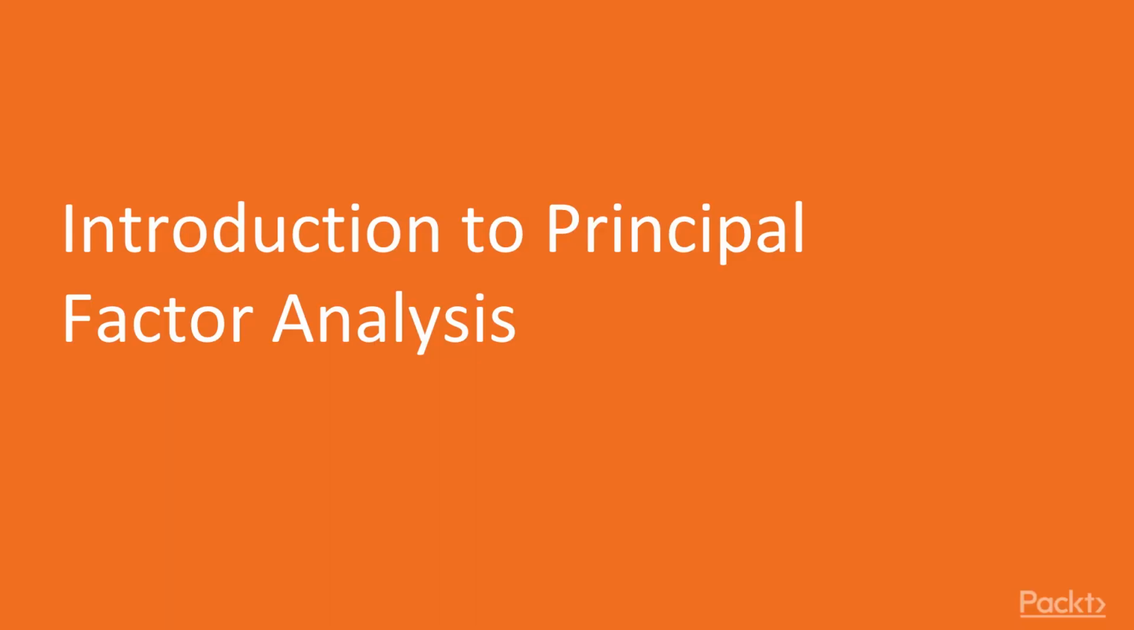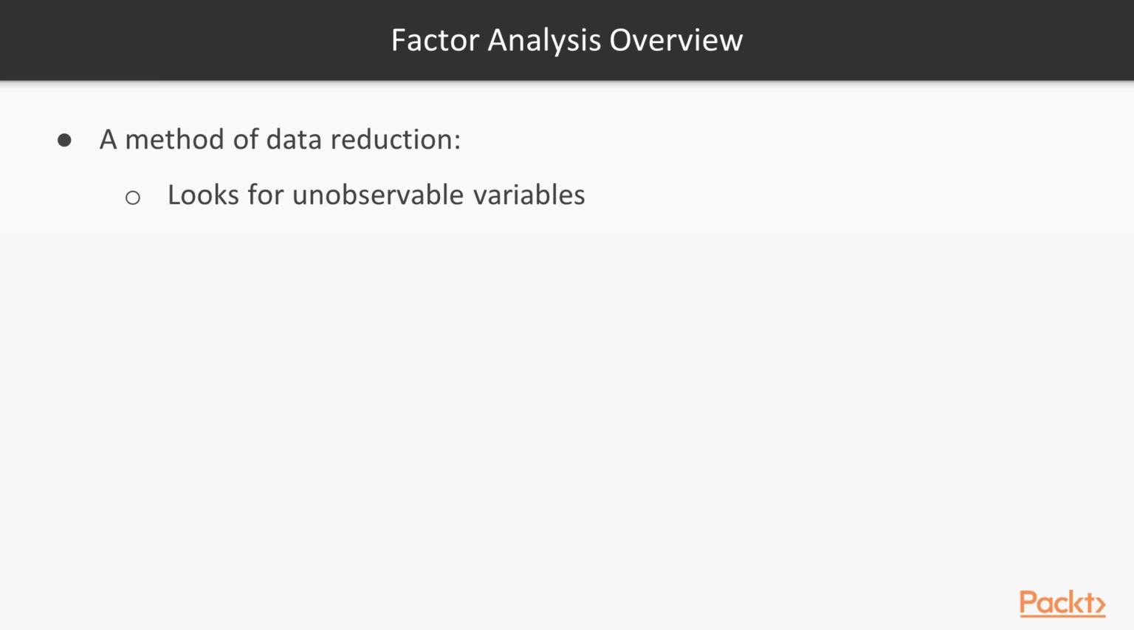Let's begin with the first video, the introduction to principal factor analysis. Factor analysis is a method of data reduction. It is done by looking for unobservable variables that are reflected in the observed variables. This technique is useful when there is a large sample size, since it is based on the correlation matrix of all